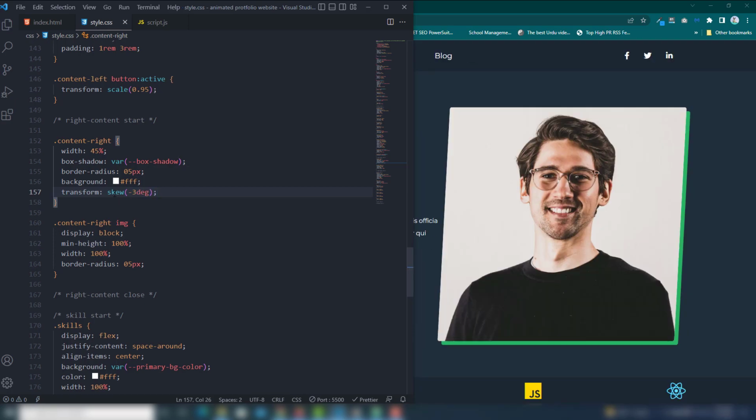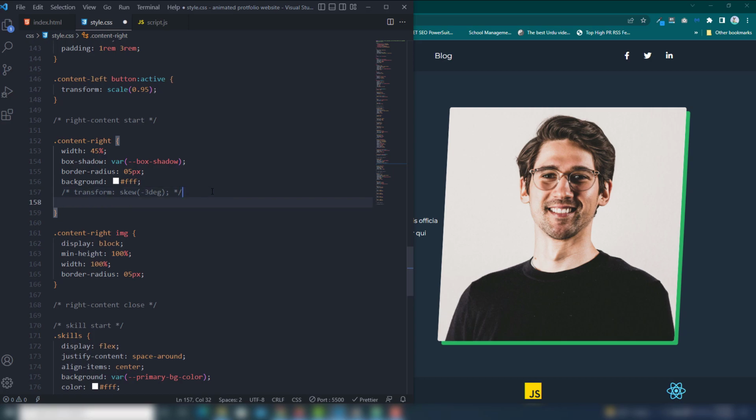First I'm going to show you the usage. When you use the skew and assign -3 degree, then it will change the position of the complete container with the image, right? But I will use the animation. When the animation completes, then I will assign this transform skew property. But this time you can't use that inside there, so I'm gonna cut that. You can comment that out, right?